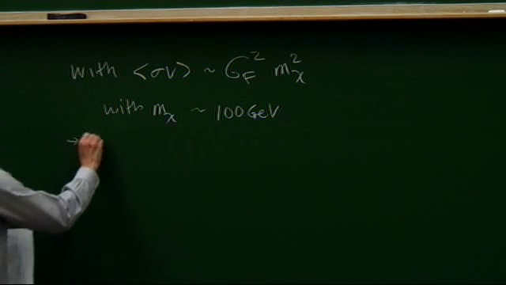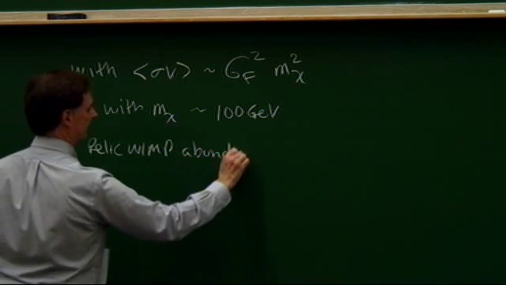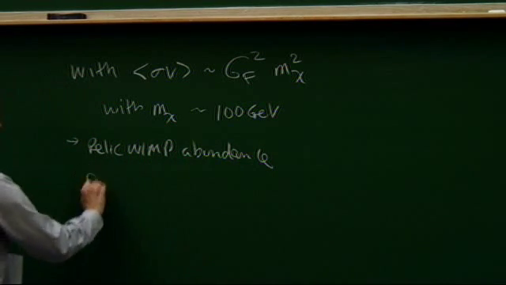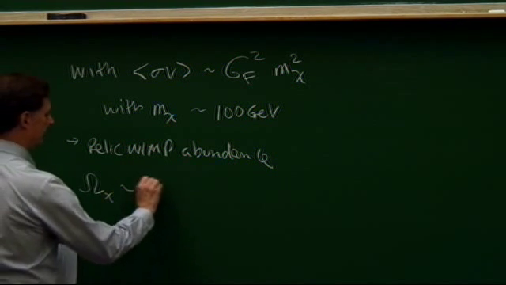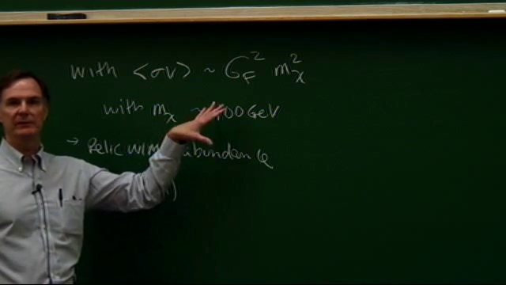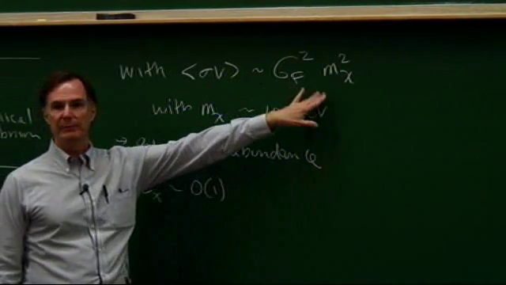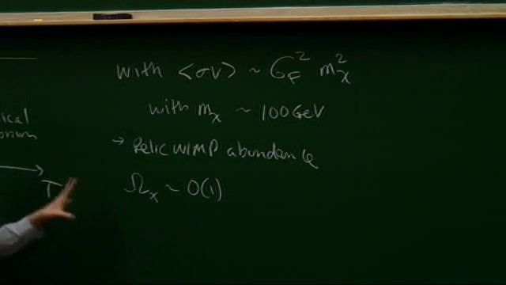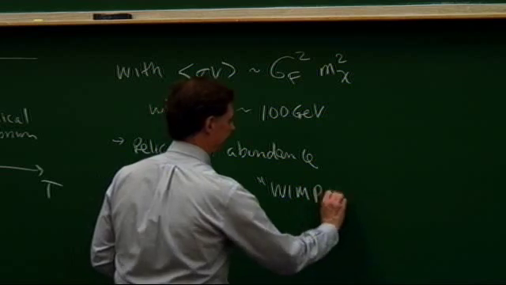This produces a relic WIMP abundance such that omega, let's say in this chi particle, is of order 1. So weak interactions coupling to the gauge bosons, the W and the Z, with this mass give a characteristic residual density of order 1, a tenth to 1. This has been called by some the WIMP miracle,